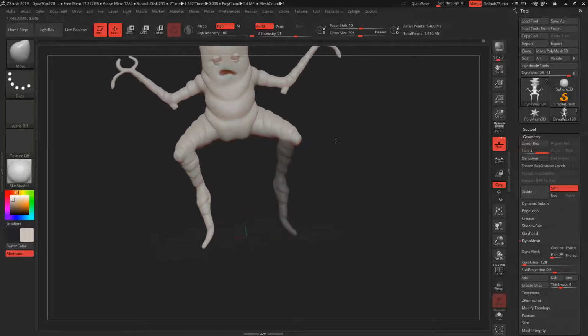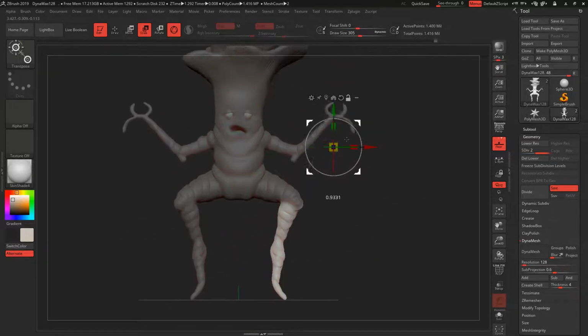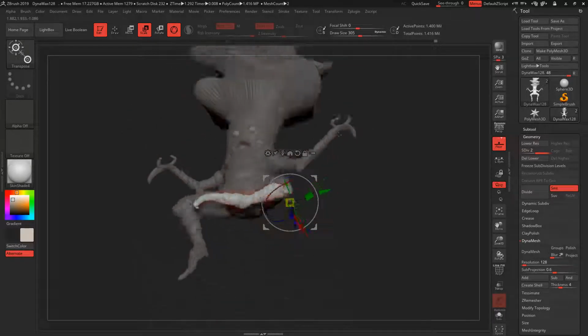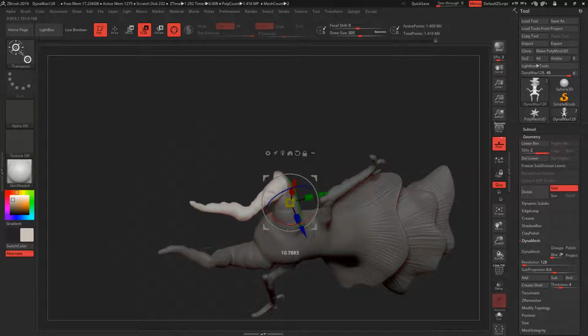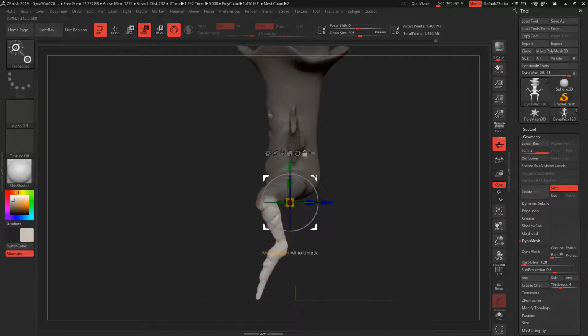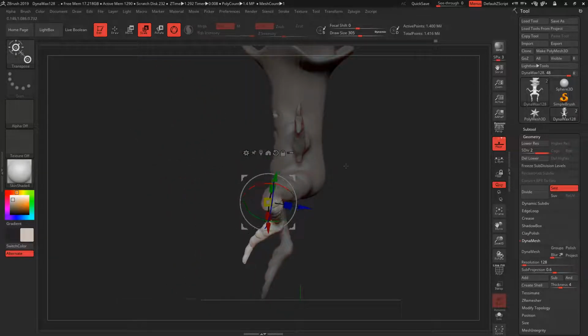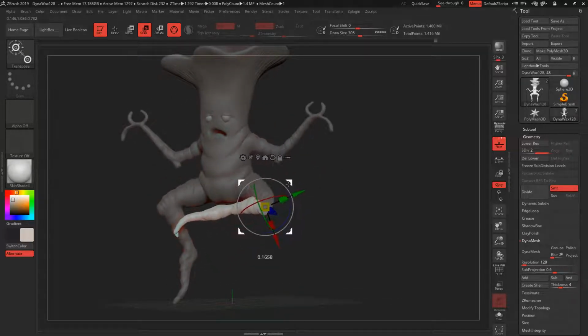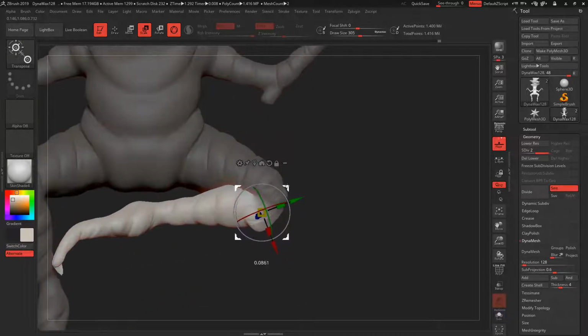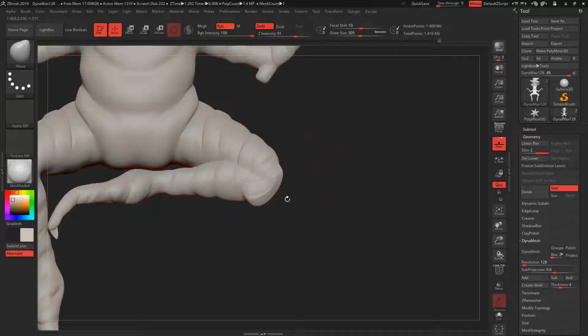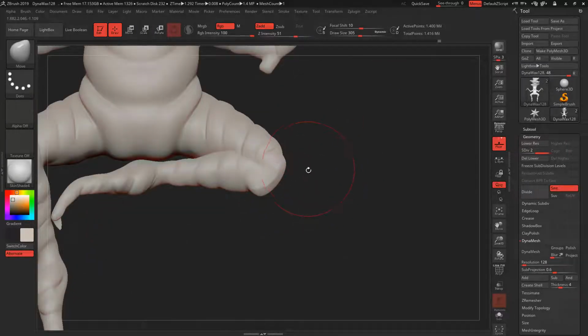So now we're going to mask our legs and move the legs a little bit. So let's do one, invert the mask. Let's move our gizmo to where the leg is supposed to be. It's going to be a sitting down, like a yoga position. Yep, that's good. I think that's much better. Let's smooth it out